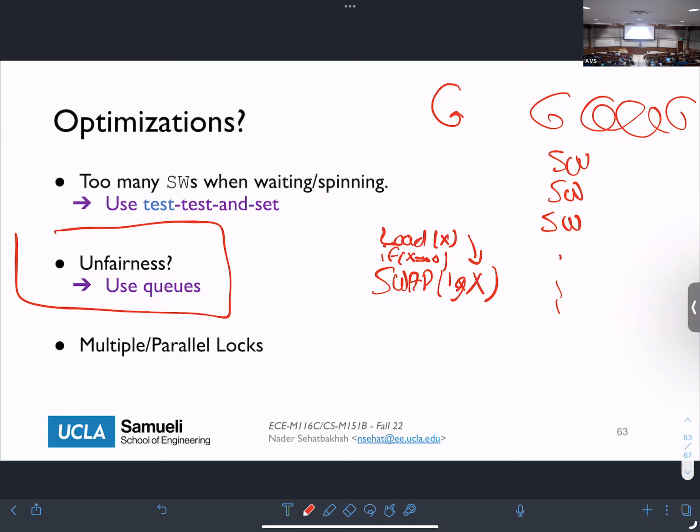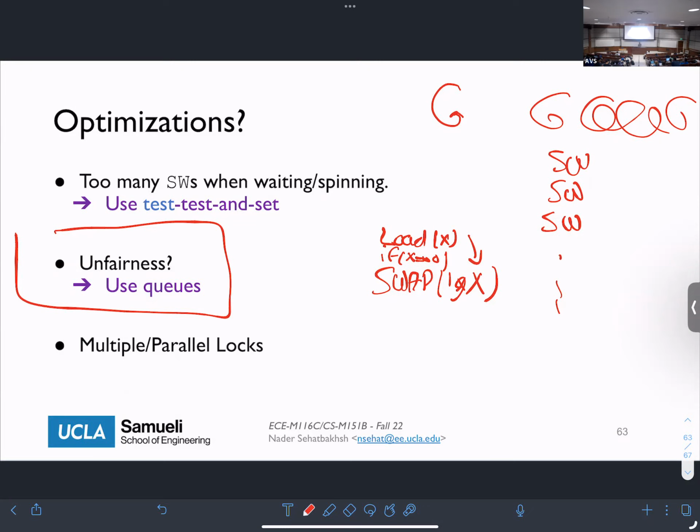All right. And then similar to barriers, you can have multiple locks. So you don't need to have only 1 lock. You might have some portion of code and some other portion of code that need to be mutually exclusive, but not necessarily from each other. So you can have 1 lock and another lock and another lock and so on and so forth. You can have many different locks for different parts of your code, and you might acquire 1 lock but not the other lock, and so on.